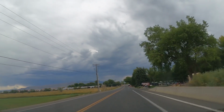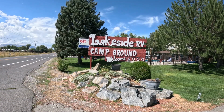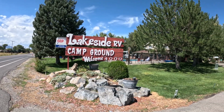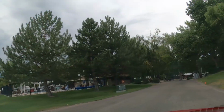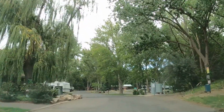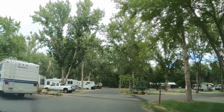But you come right around this bend and you'll come to the entrance of the park. It comes up on you quick. Yeah, you don't see it until you're right up on it. I don't think Google helps much there either. No, Google was actually taking us 4/10 of a mile beyond the park. So just watch directions if you're using GPS. We're gonna come right straight on back in here